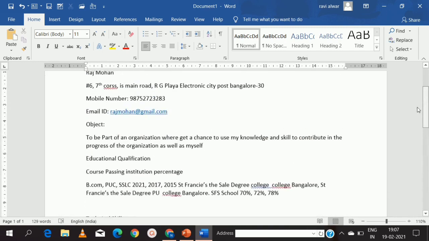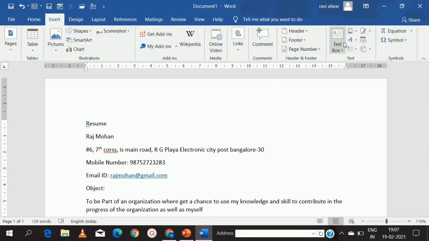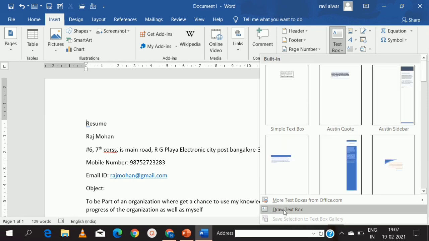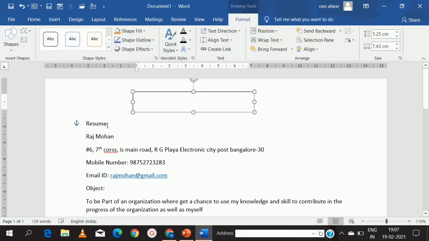Here, by clicking here, I have typed. You can use this Insert, you can use this text box, and you have various other templates, but you can use this draw box and type within this.